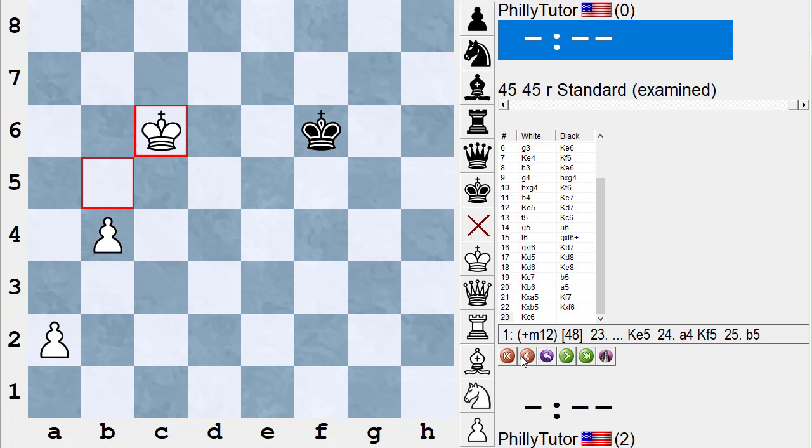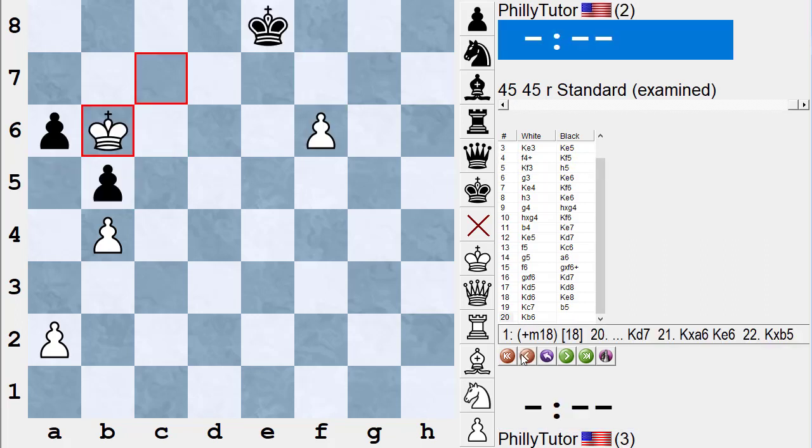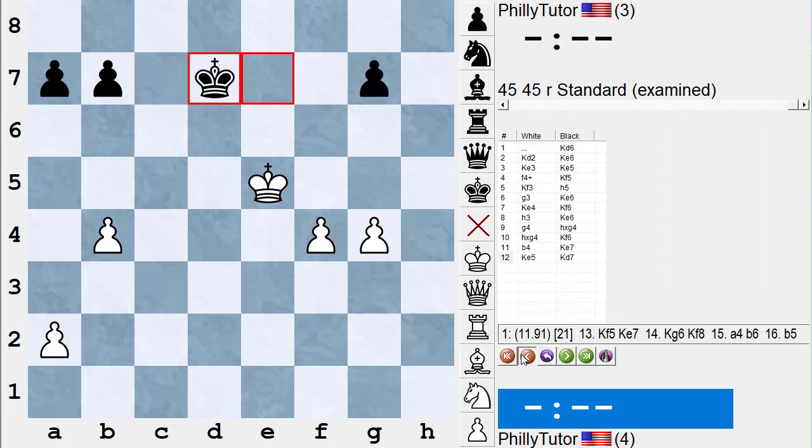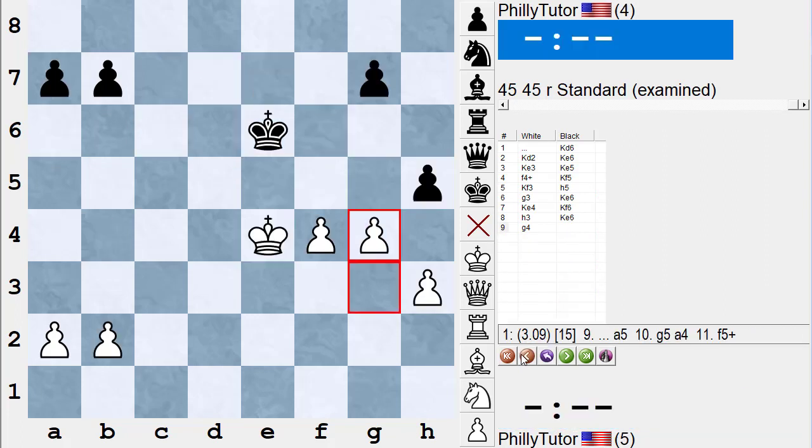Okay, so hopefully from me playing this out multiple times, you see what I'm doing. I'm avoiding the race. I am getting my majority rolling. Notice, for instance, the key move of playing h3. Let's go back to that position. You know, when he plays h5,